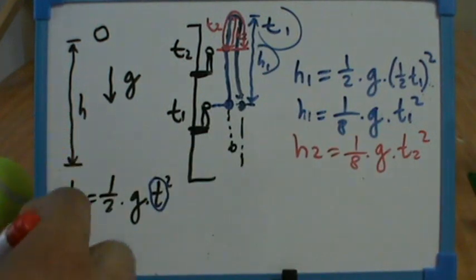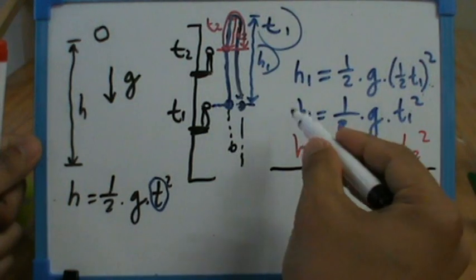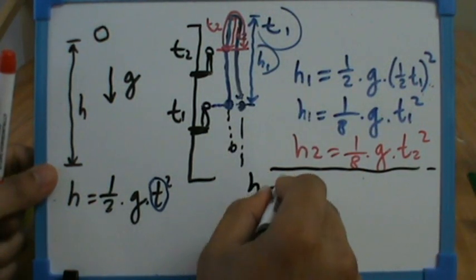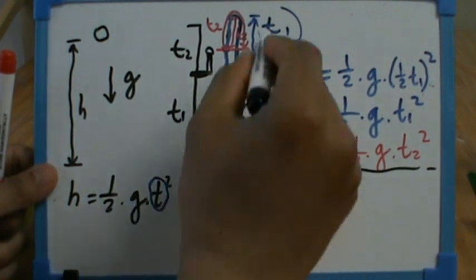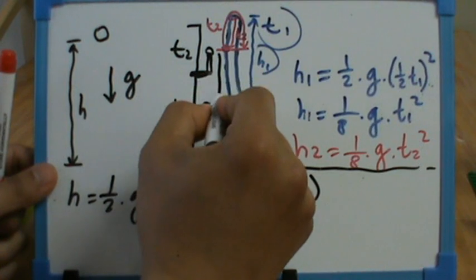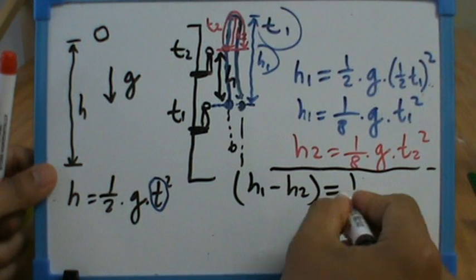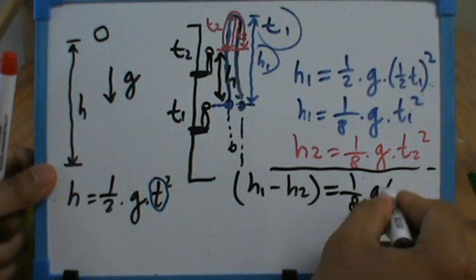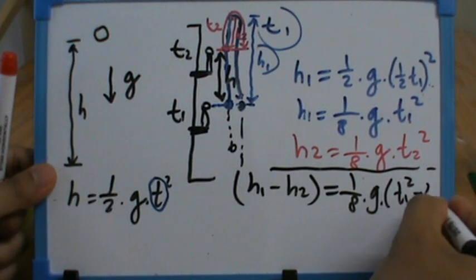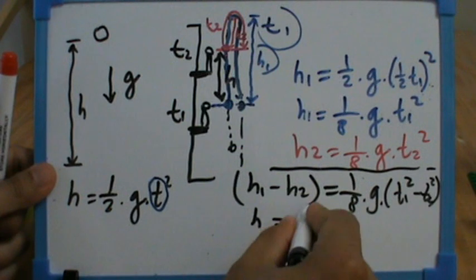Now if we subtract this, so we subtract the left and right side, we will have that h1 minus h2, this minus this, so this distance h equal to 1/8 times g times T1 square minus T2 square. So h is equal to